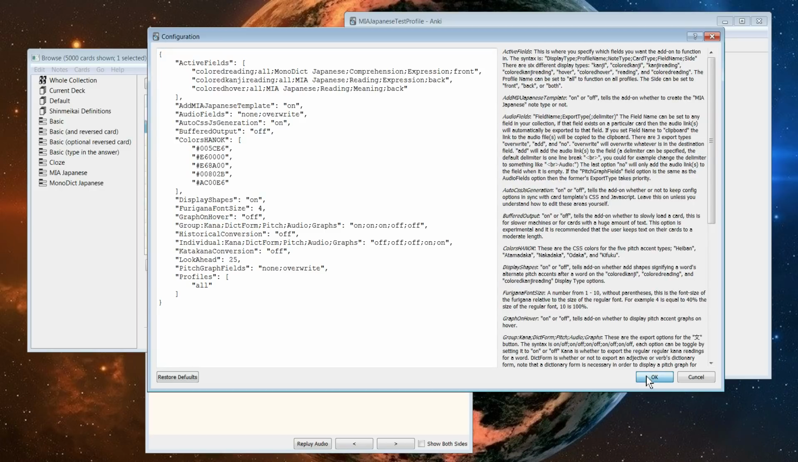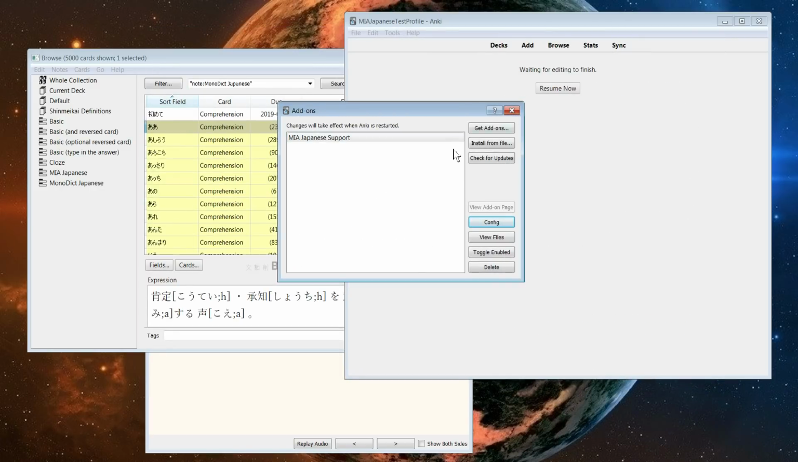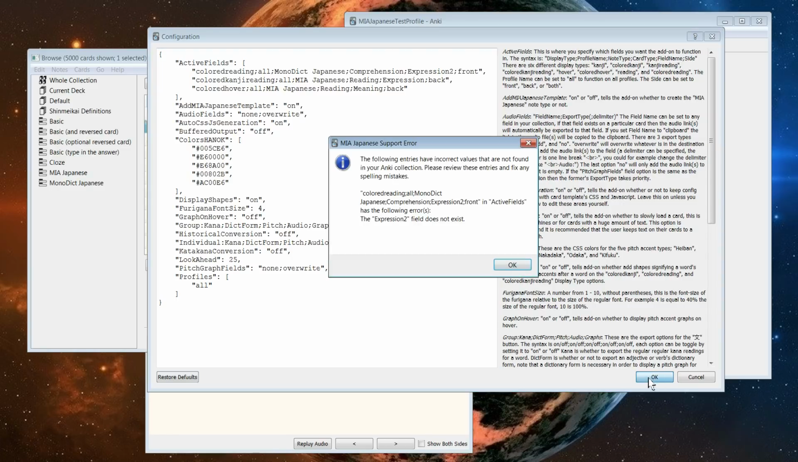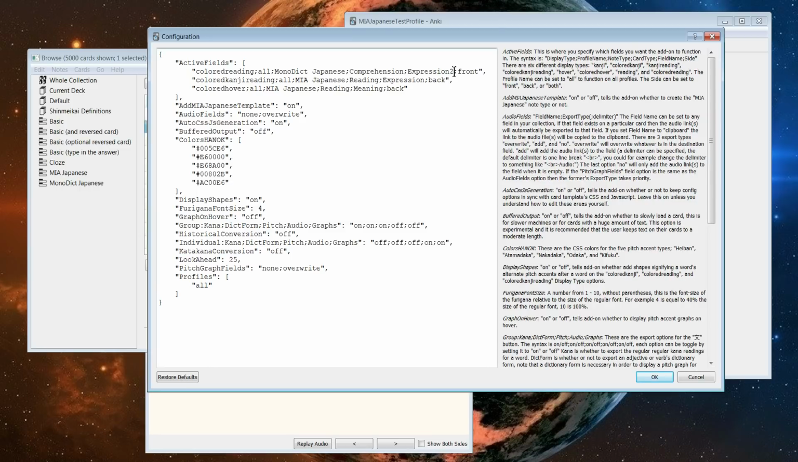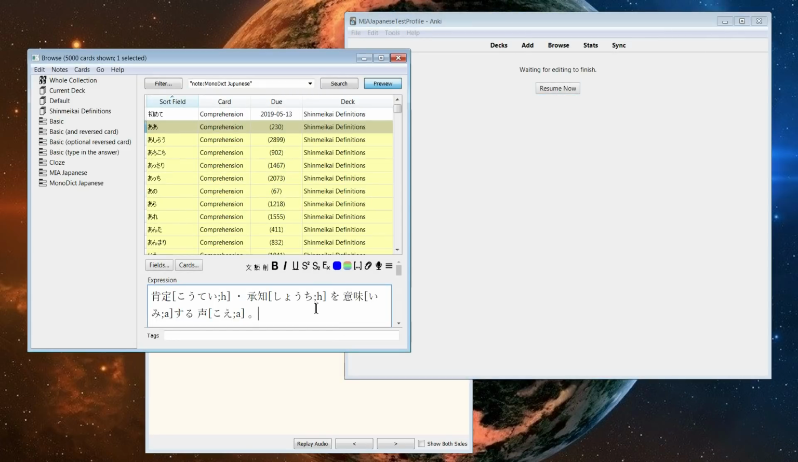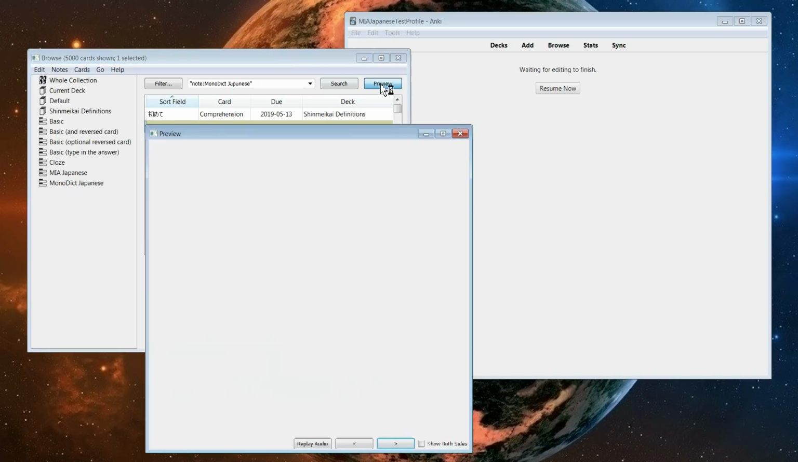So let's type in comprehension, and we have the expression field. The expression field is a field. Let's put expression 2 and see what happens. Oh, the expression 2 field does not exist because within this note type, within this card type, the fields are note type dependent. So within this note type, the expression 2 field does not exist. So we can change it back to expression 1, and of course we have no problems. Okay, then we go to preview,